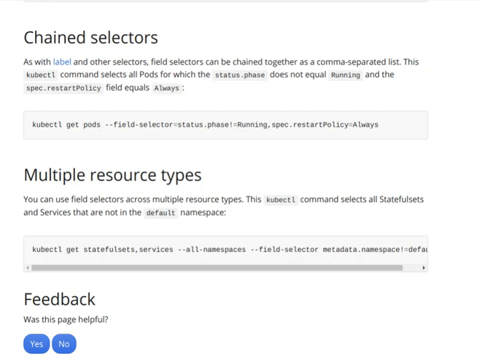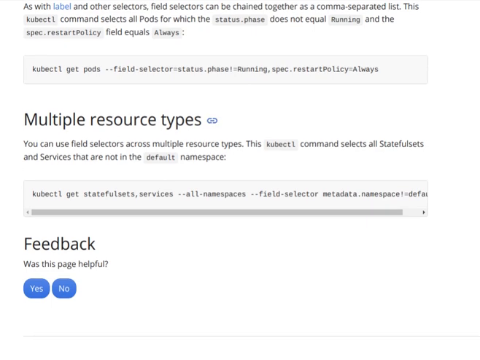Okay, and this command we talk about, kubectl get pods --field-selector status.phase!=Running, and then another selector spec.restartPolicy=Always. Okay,